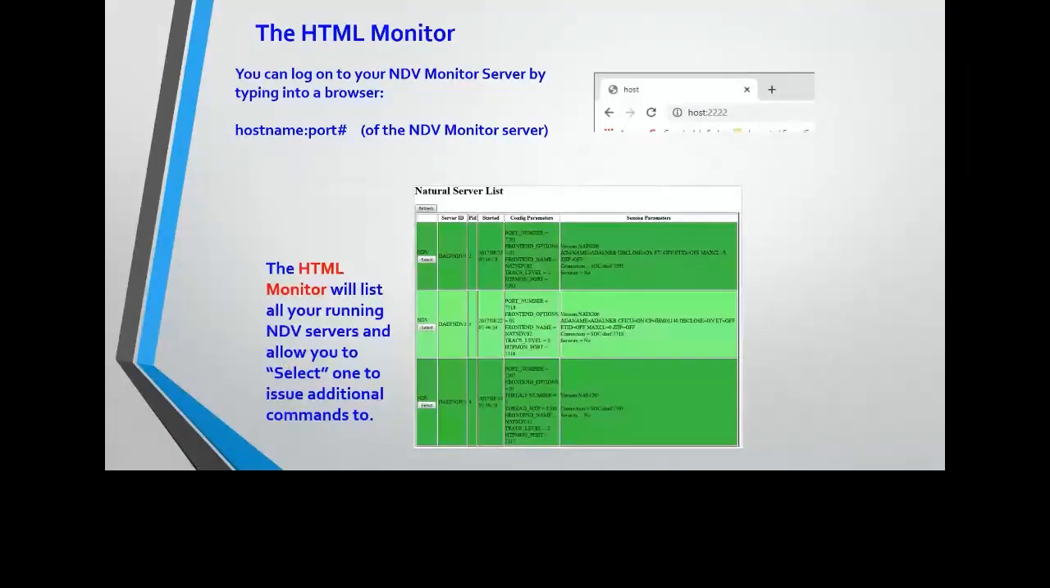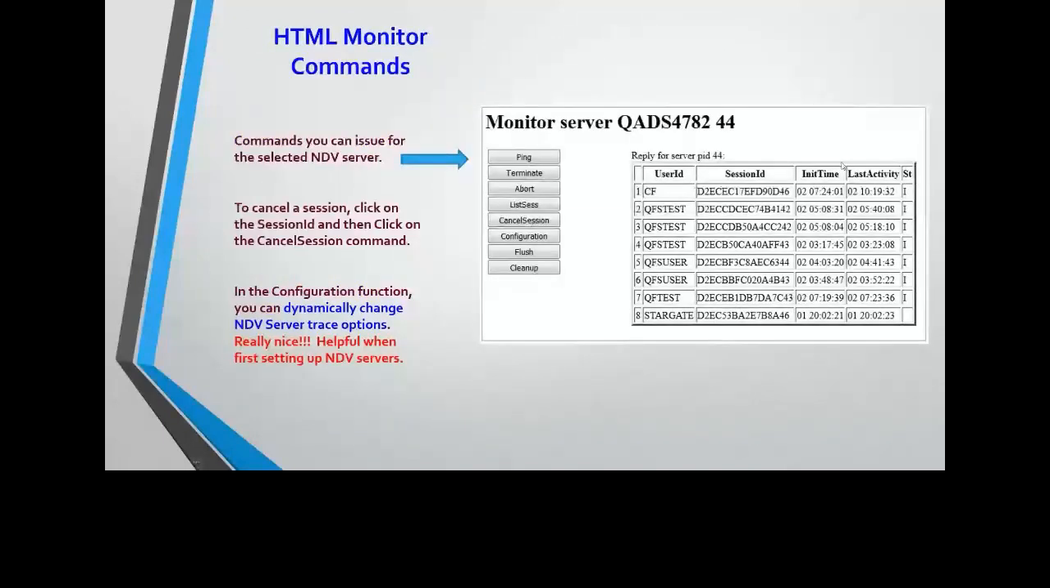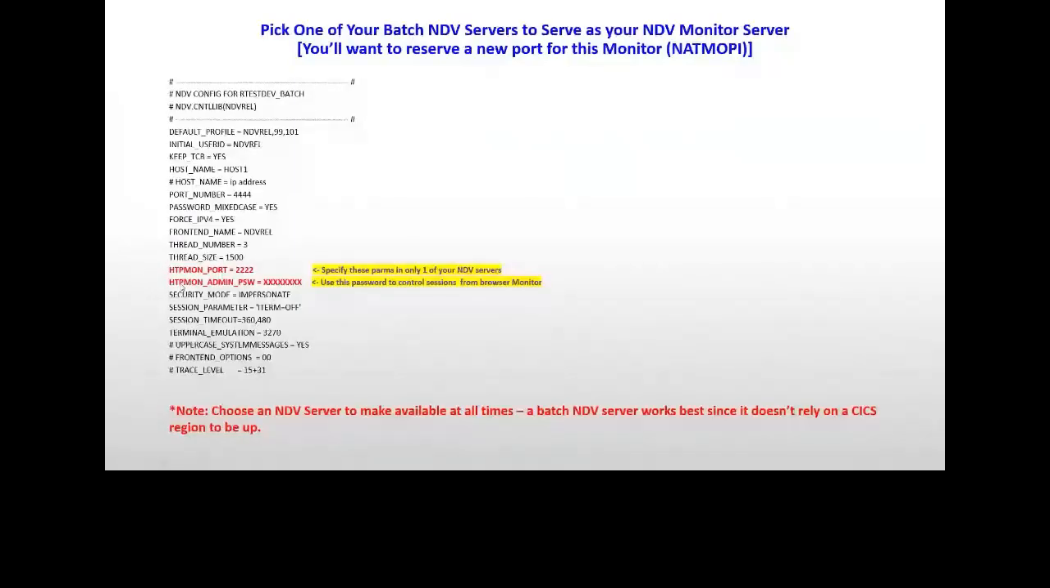and I get a screen like this that shows me all of the sessions that are running. If a programmer calls and says my session's hung and I can't do anything, and I want to cancel their session, I just go find them in the list, and it will show it by their user ID. This is just a sample screen, but it will have your users' user IDs here. You just click on their session ID and click cancel session, and you'll get a pop-up screen in which you have to enter the password that you set as your HTTP monitor admin password. At that point, that session will disappear,